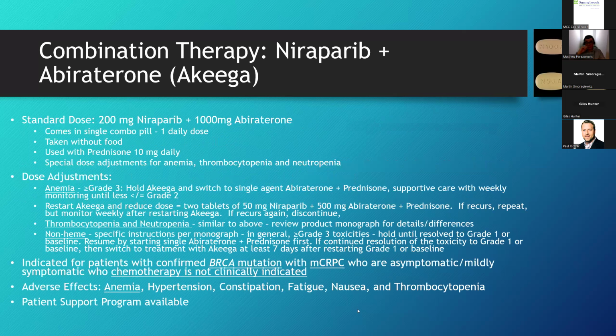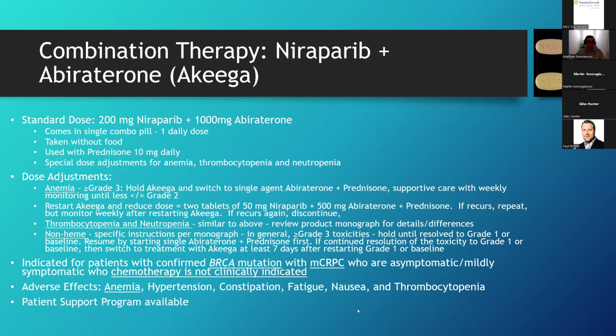We also have a new PARP inhibitor called niraparib that's available in combination with abiraterone. The combination itself is called Akeega. It comes in a standard dose of 200 milligrams of niraparib plus 1,000 milligrams abiraterone in a single combination pill. So it's one daily dose, taken without food. It's used with prednisone 10 milligrams daily, and special dose adjustments for anemia, thrombocytopenia, or neutropenia are identified in the